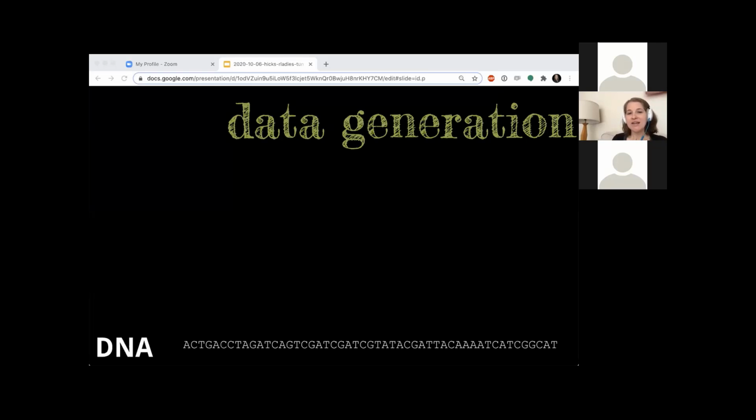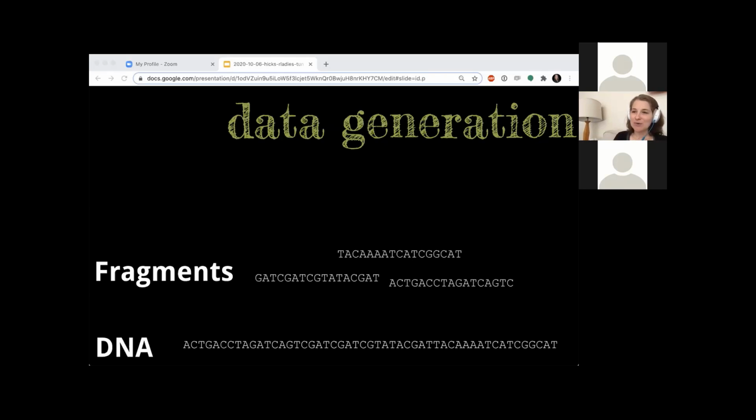At the bottom of the screen is a piece of DNA. These are the A's, the T's, the C's, and the G's, the four nucleotides that make up DNA. Every cell has a piece of DNA that we want to sequence. It could be a piece of my DNA if we want to sequence my genome, for example. And then what we do is we take it and we fragment it